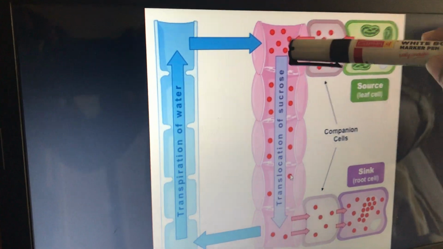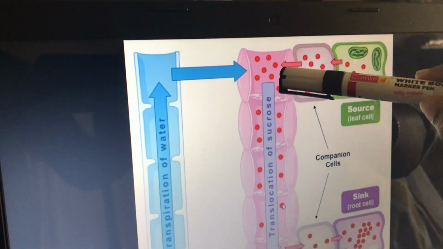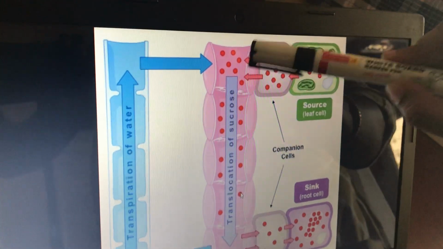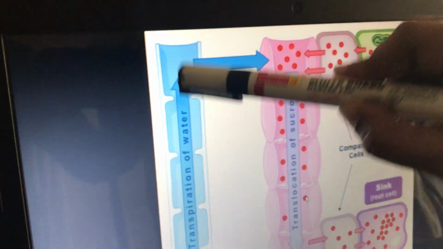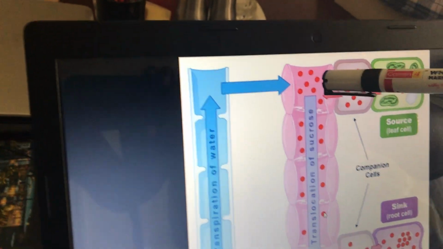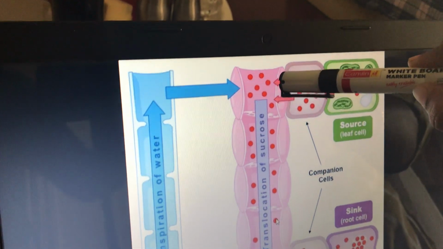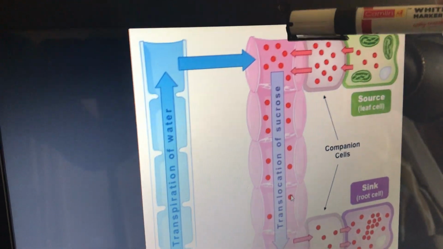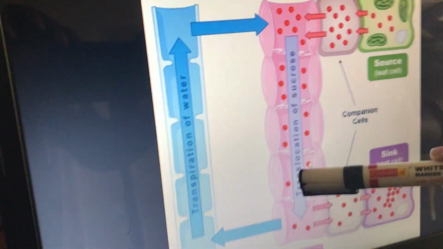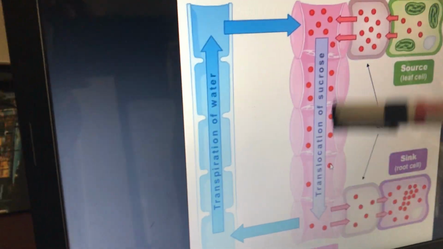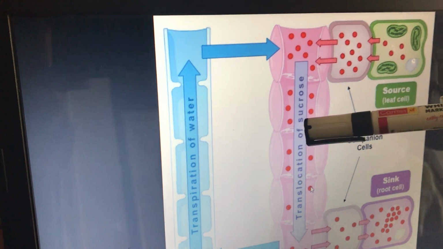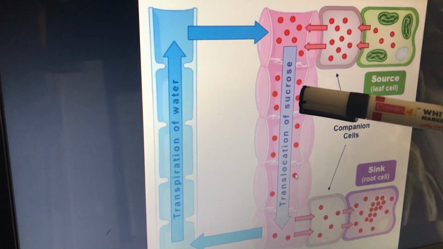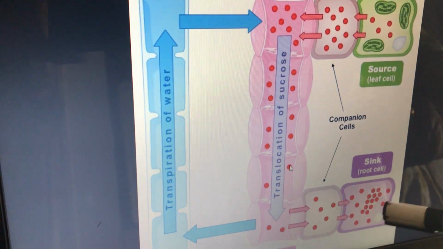Once it reaches the sieve cell, here the concentration of the solute is more and water is less. The food is acting as the solute. So the solvent water is less, but beside the xylem water is more. Water will enter into the sieve. So due to the entry of water, the pressure will increase. High pressure will be created. So it will move from high pressure to low pressure. In this way, it will move from one cell to another cell, from high pressure to low pressure. What is moving? What is circulating? Sucrose is circulating. And finally it reaches the sink.